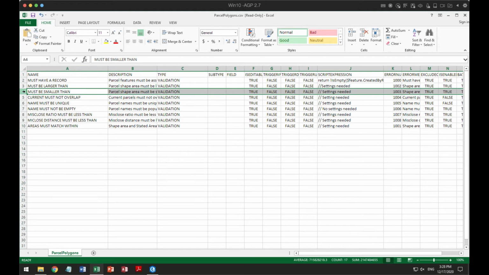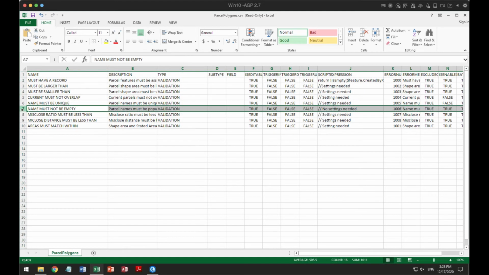So you can set sort of these validation constraints on here. It can't overlap something else, or it must be unique, or the name must not be empty. These are all sorts of validation rules that you can start using inside the parcel fabric